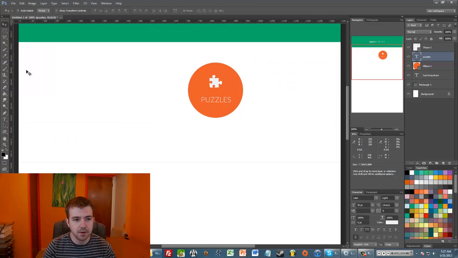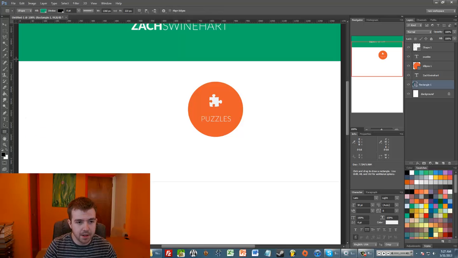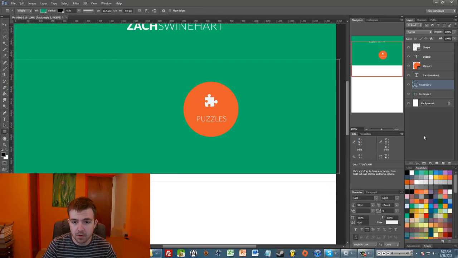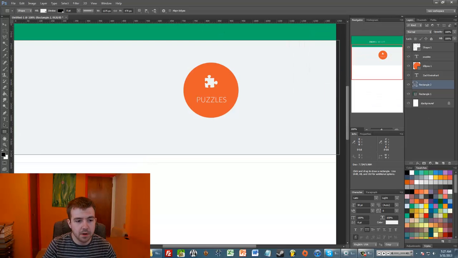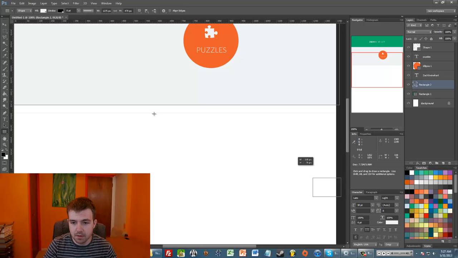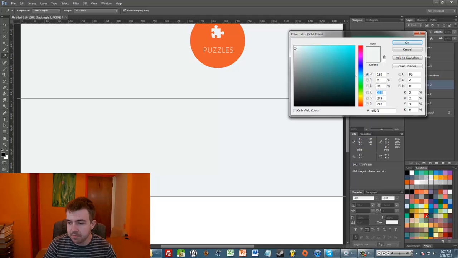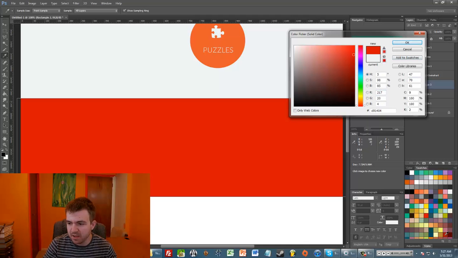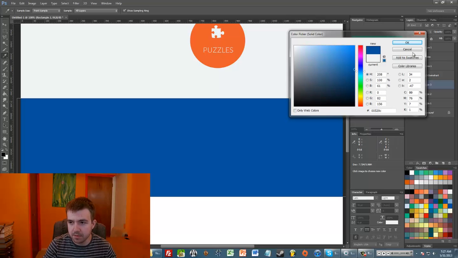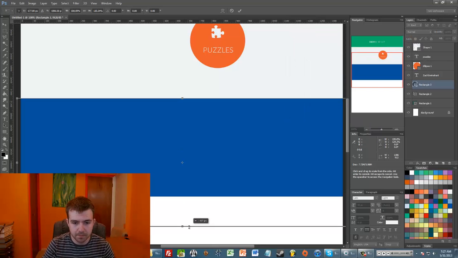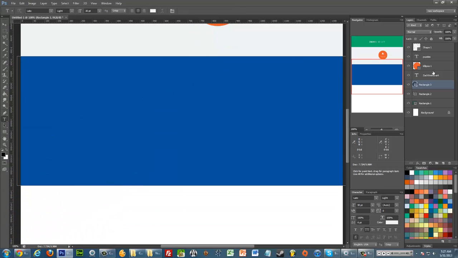So similarly, if we have this green panel first, and then we were to create kind of a white panel or an off-white panel with some of the key offerings that we have, and then we created another panel next where we show maybe our core product or a testimonial or something like that. So let's maybe make this one a, I don't really like that red. Purple's cool. Everyone likes purple. Here's blue. So let's say we have a big panel like that, and then we had some text that was like,